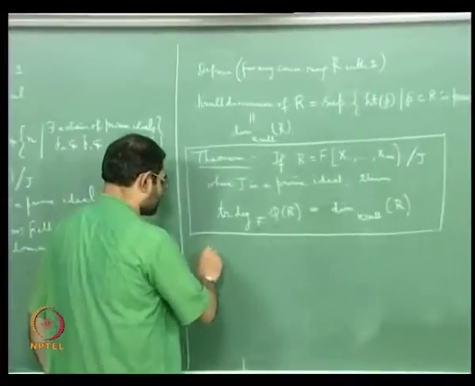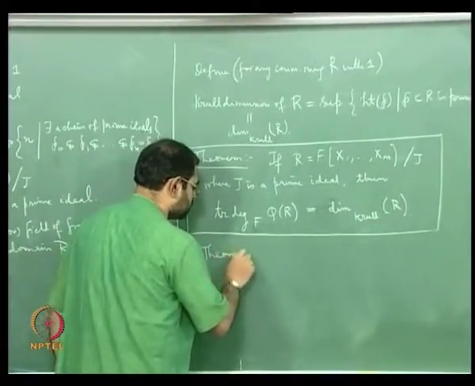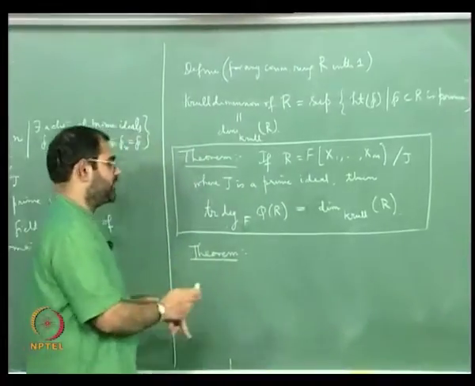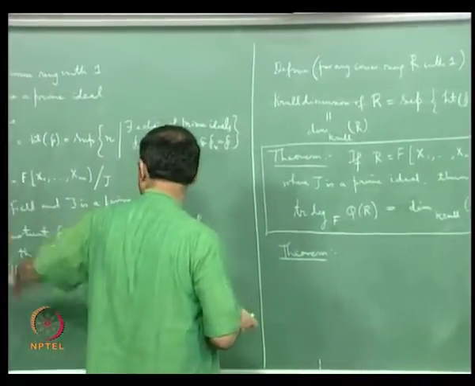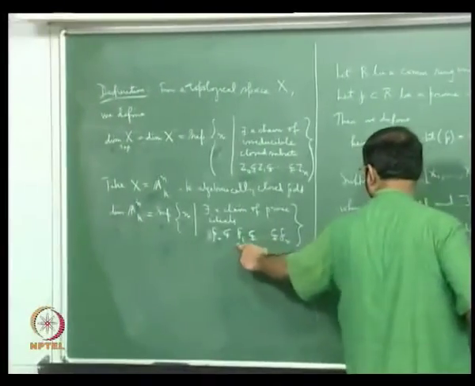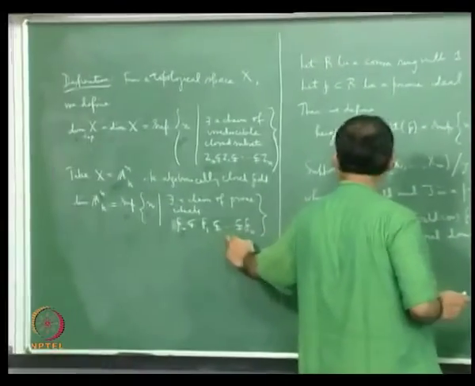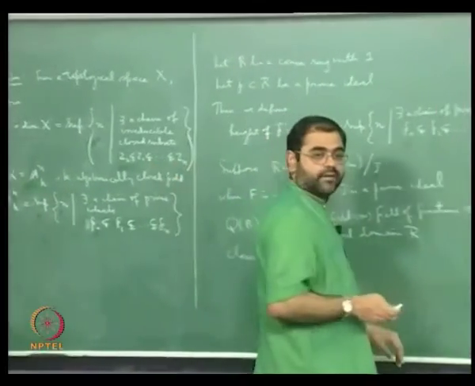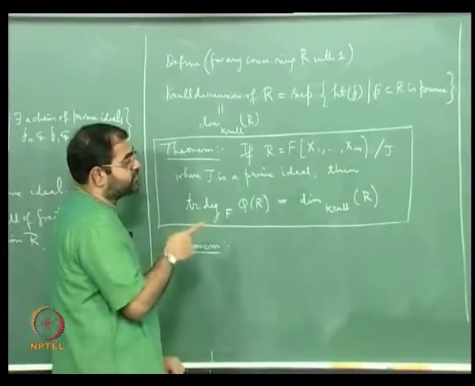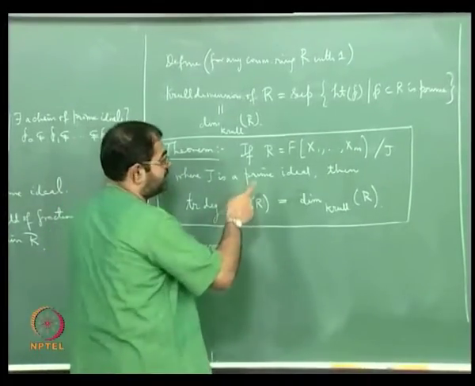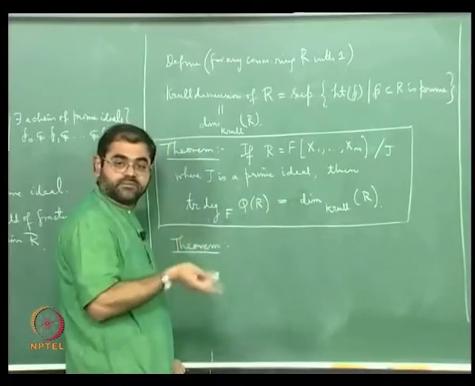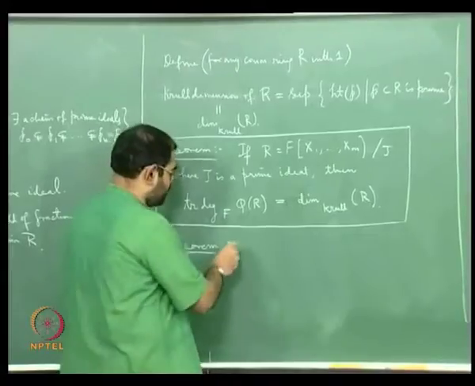And I need also another theorem, and I think stating this theorem will in retrospect check whether I have muddled the inclusions in this definition or in this definition, okay. So what is the theorem? This theorem actually connects the height of the ideal with the dimension of the quotient, okay. So the theorem is